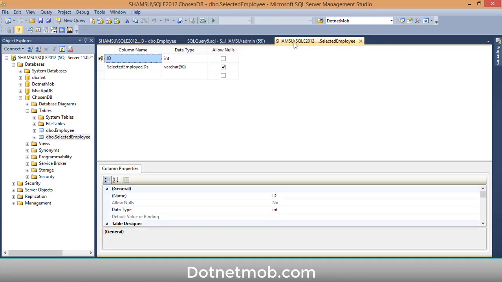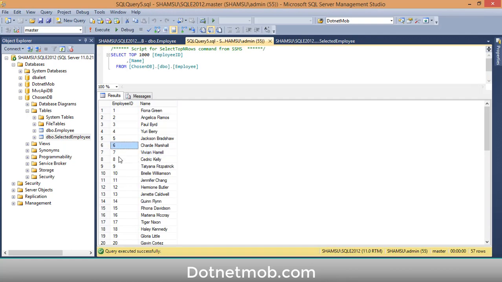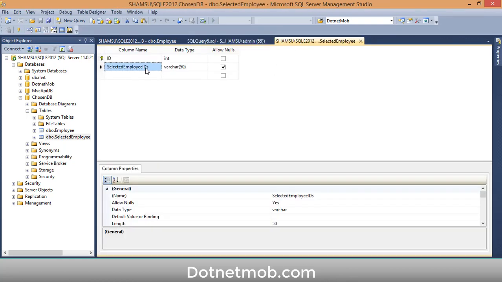And then we have a table, selected employee. It contains two columns, ID and selected employee IDs. ID column is the primary key and identity column for this table. Currently this table is empty. We will save selected employees ID into this column here, so that I can demonstrate you how to save selected employee ID into table and how to show